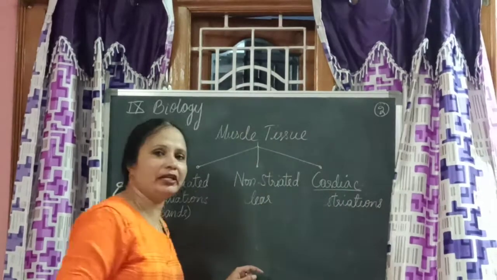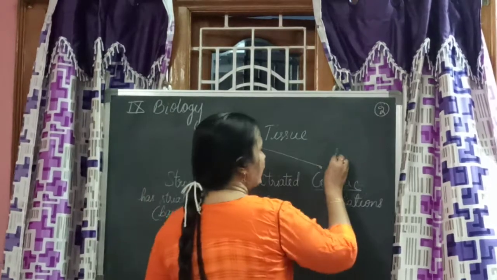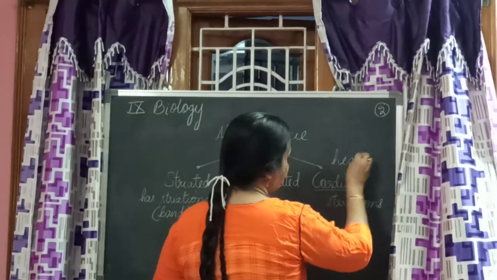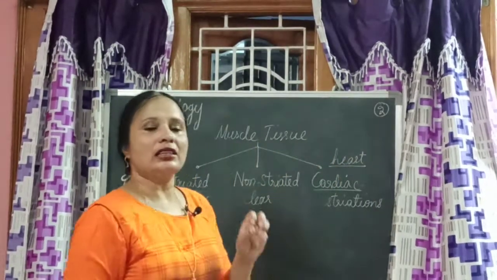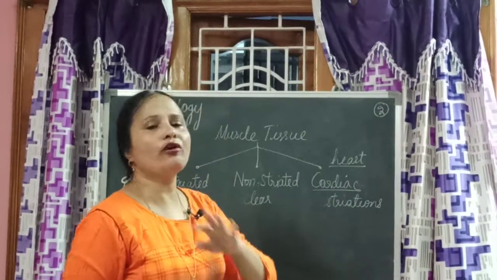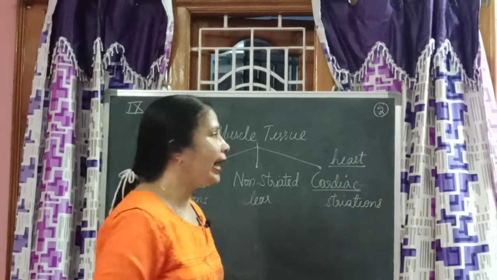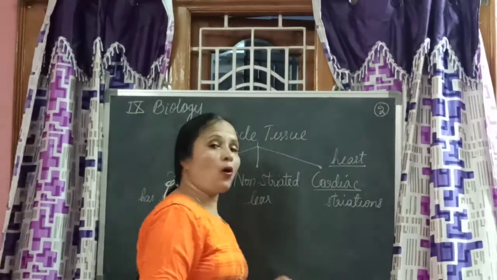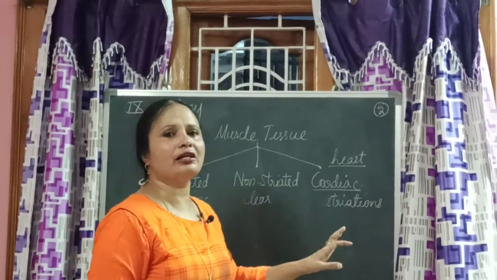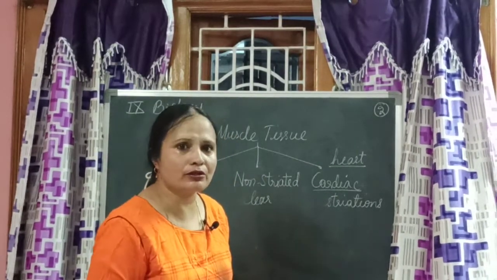Cardiac means the name itself will imply that it is related to heart. That means these muscles are present only in the heart. You don't find them in any other muscle in your body except in heart. What is the prominence of the cardiac muscle, especially being only for the heart? It can be in any other part also, no?